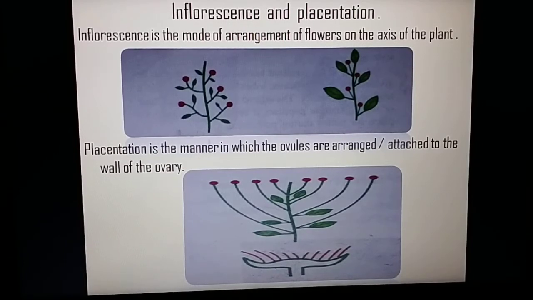And placentation is the manner in which the ovules are arranged or attached to the wall of the ovary. In the first one, we can see that the flowers are growing out of the axils of different leaves reaching the same level, making a cluster. And in the second, the axis is laterally flattened, making a disc, as in sunflower. The youngest flowers are in the center and the oldest in the periphery. Ovules turn into seeds in the mature fruit, and their different arrangements can be seen in fruits such as those of pea, tomato, mango, lotus, etc.